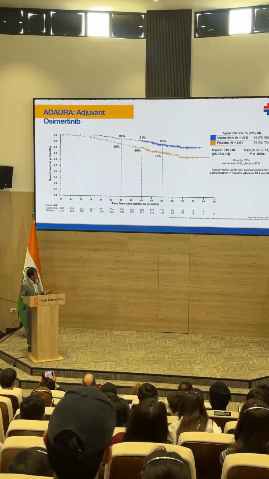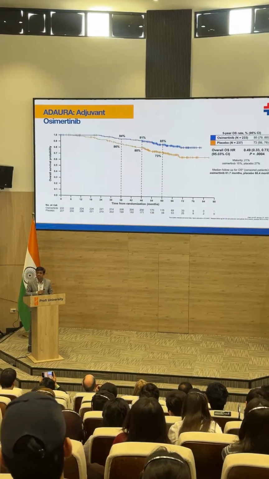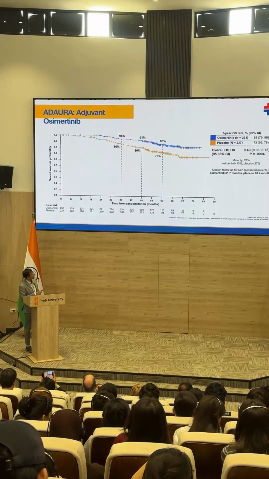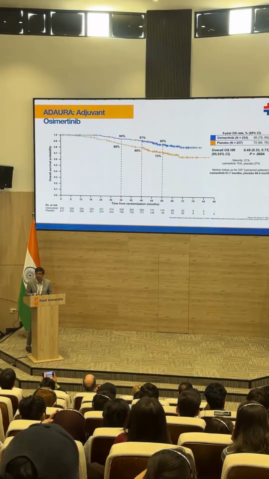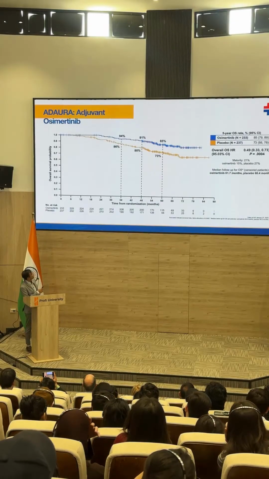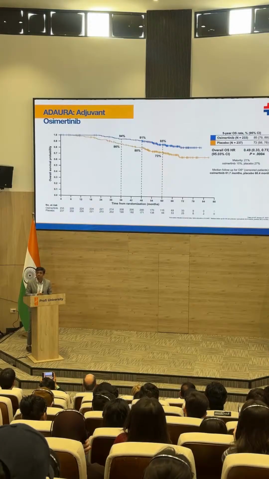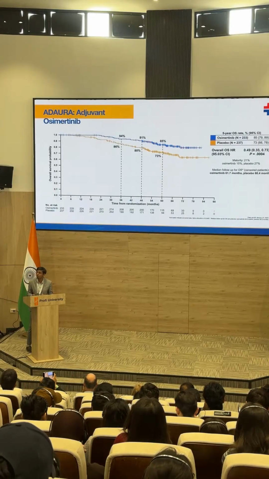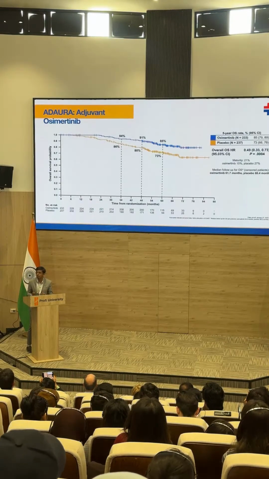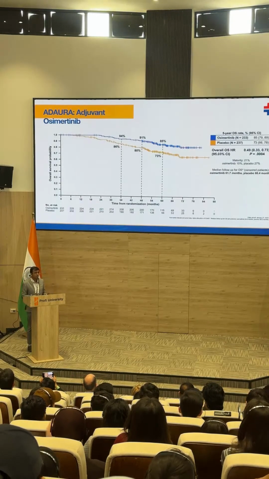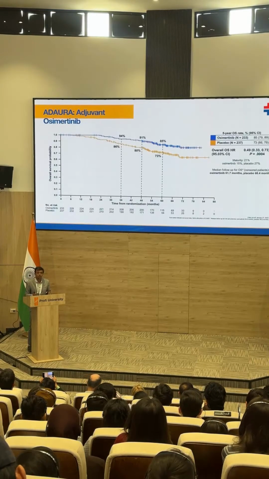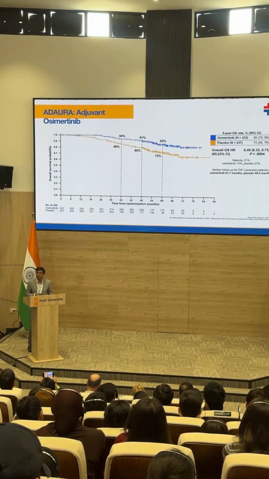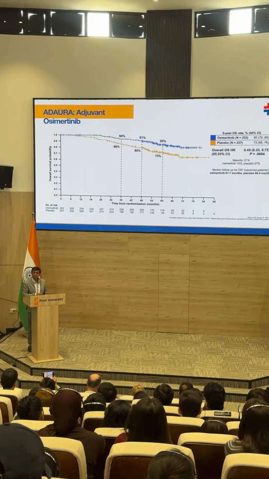From this case, this is the drug that I mentioned, and this is the data that I am showing now. I'll be showing a few graphs, a few trials which have been done. Osimertinib, when given to lung cancer patients, is a targeted therapy useful in EGFR positive lung cancer patients. A bit of molecular jargon here: epidermal growth factor receptor is mutated in almost 30 to 40% of lung cancer patients, and all of those benefit from this single tablet.